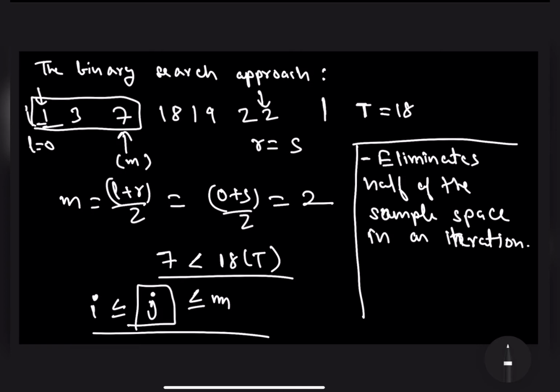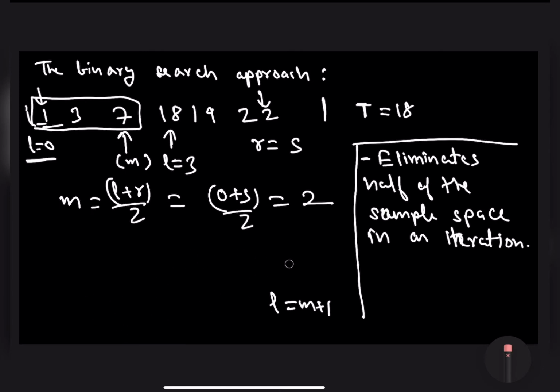All right. So what I do is I just increment the value of L to m plus 1. That is, I modify L equals to m plus 1. All right. So the new L will be pointing at 18 now. Okay. And its value will be equals to m plus 1, that is equals to 3. All right. So I'll just clean this up so that I can make some space.